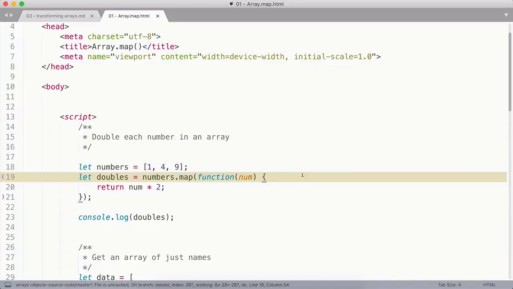Let's get into it. You can use the Array.map() method to loop through an array, transform each item in it, and then return a new array. The Array.map() method accepts a callback function as an argument, and that callback function accepts three arguments: the current item in the array, its index, and the array itself. Whatever you return in the callback function becomes the new value of that item at that index in the new